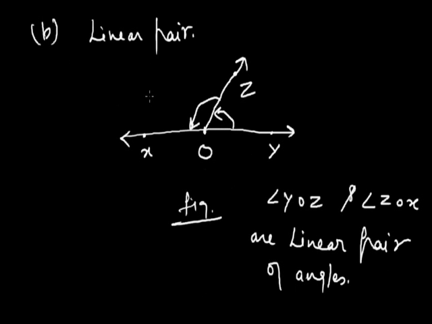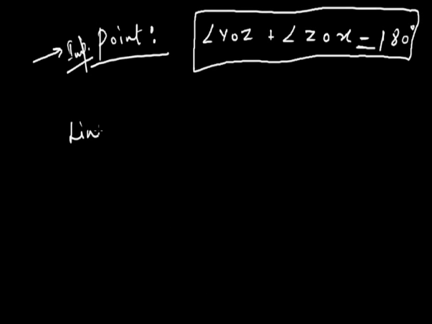The linear pair of angles is called a linear pair. Here I have used the term pair. Pair means it contains two angles. So linear pair is used when there are only two adjacent angles satisfying the definition that their non-common arms are two opposite rays.